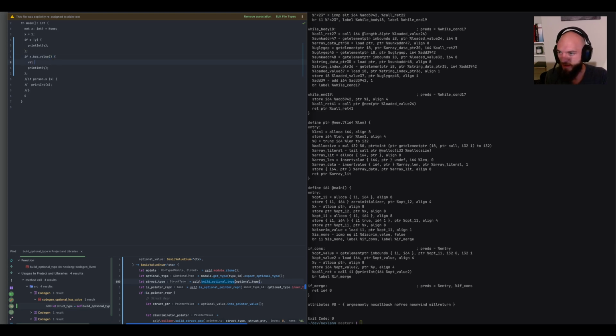Then val y int equals x bang, like unwrap optional get, right? Really, we make an optional get on x, and then your code below, right? So if we look in the generated code,